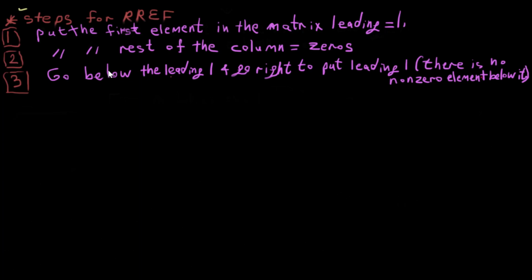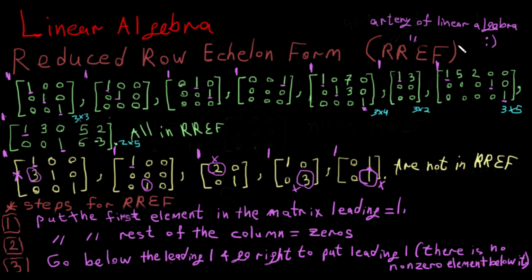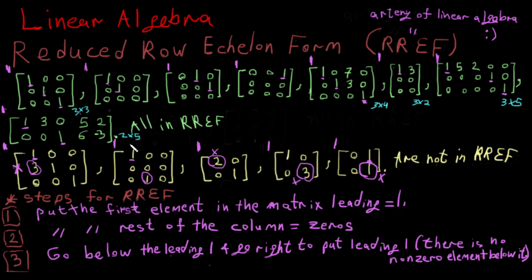Hi, from the last video we understand how to determine if a matrix is RREF or not RREF, and we say that RREF is the artery of linear algebra because we use the same technique for many topics in linear algebra, for example to find eigenvalue and eigenvector, Gauss elimination, Gauss reduction and Gauss-Jordan reduction method. So it's very important